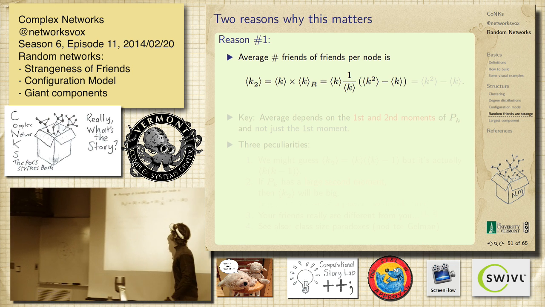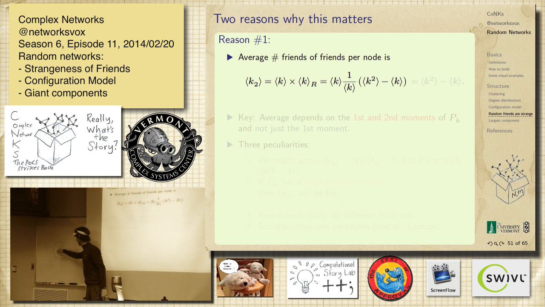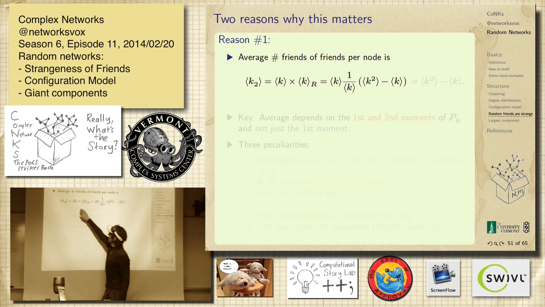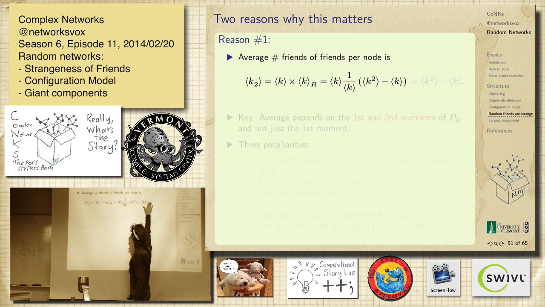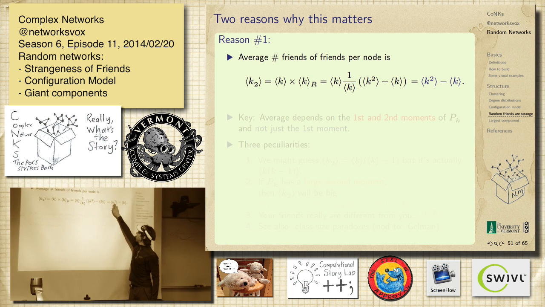Not a very social thing. This is a real network, so there are these cross connections. In the random ones, it's pure branching. All right, so let's put those things together. We have average degree, and then this quantity we just calculated. So these pieces are going to cancel. So it's just the second moment minus the first moment.